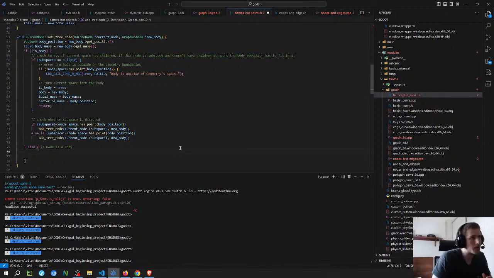So the first time that I call this function is gonna be with the root. So I put the root on the first space. So the root is initially a space that doesn't have children. So it's gonna fall into this one, and then it's gonna become a body. Oh, so I have to make current nodes. So I can't change,